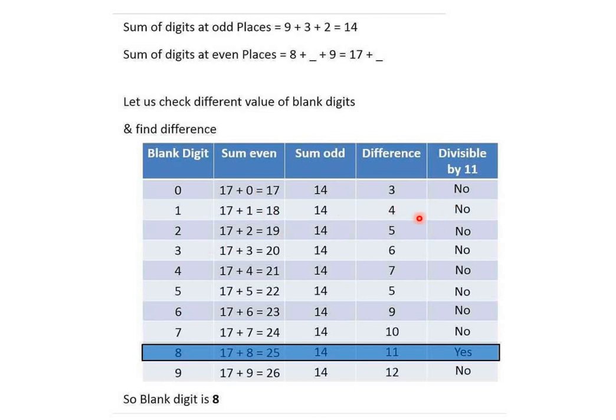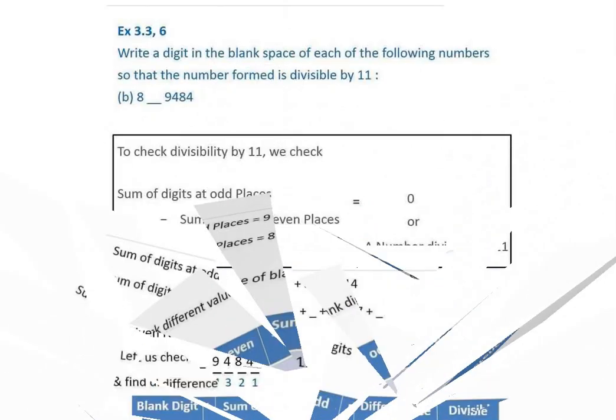In the similar manner, we will go till we get the correct number. Here we get 11. 11 is a multiple of 11. And yes, this is possible. So which number has made it possible when added? 8. This was the digit when we replaced it in the blank space, we got the correct multiple of 11. Right? So here we need not get any greatest or smallest. We will get only one digit, and that digit is 8. We'll go for the next one.